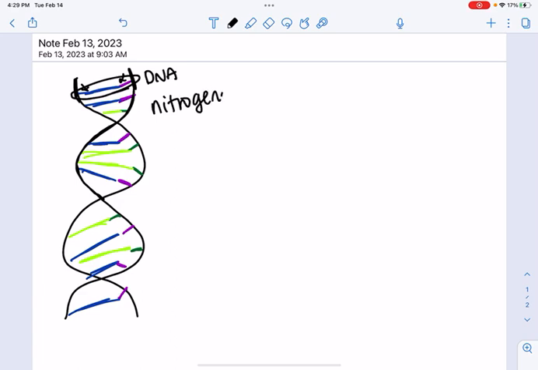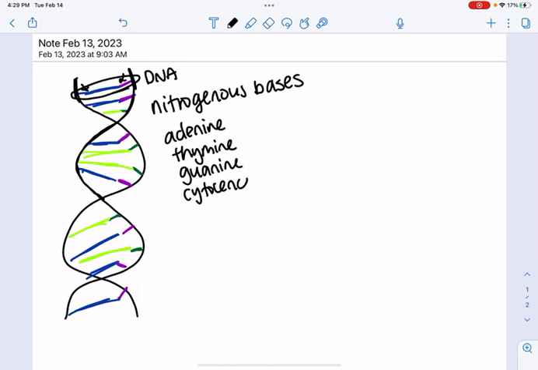bases, and there are 4 different ones in DNA, and they hold the structure together. There's adenine, thymine, guanine, and cytosine. I may or may not be spelling that last one correctly, but there are these 4 that